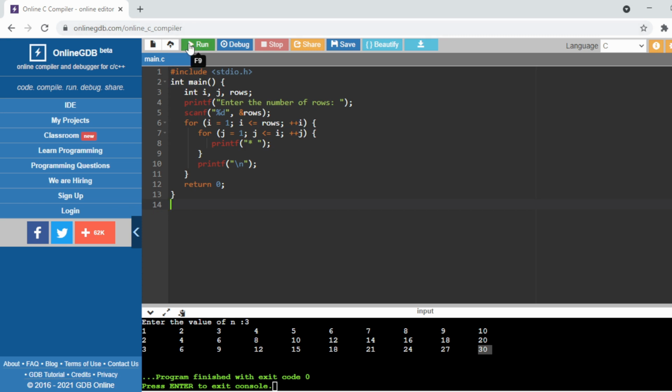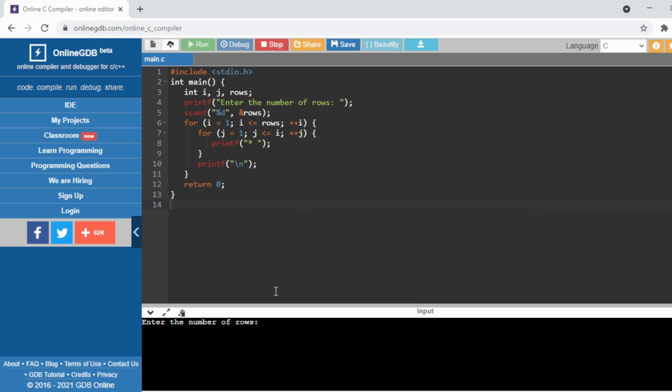If we run this code, the first prompt is to enter the number of rows, right? As there is a printf and a scanf, we have to give the number of rows. Suppose I give 5, and now if I press enter, it gives you an output of a star pattern, right? Now how is it possible and what is the working procedure for that?